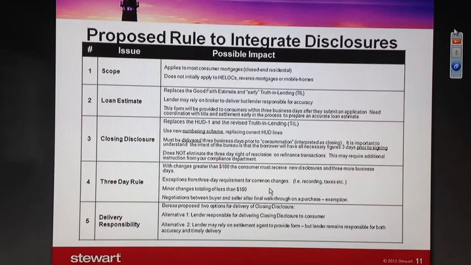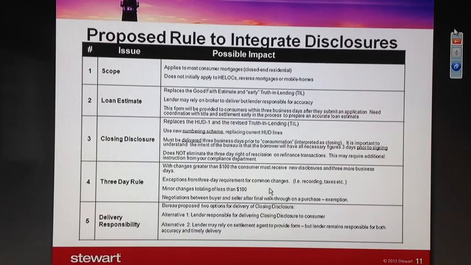Now, it does not eliminate the right of rescission on a refinance transaction. And you may wonder why I'm telling you that. Well, think of what it does to the business process on the settlement services side and your lender as well. If refinance transactions are now 6 business day lead times and residential transactions, real estate transactions are 3 business day lead times, there are real significant implications to the business processes of both the settlement services industry and your lender as well.